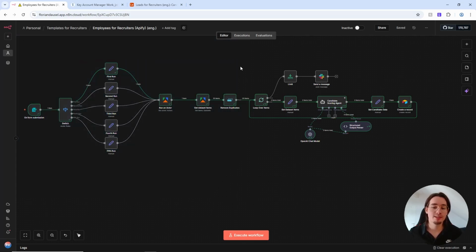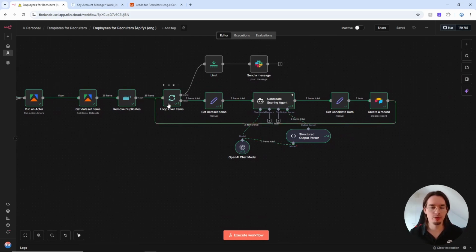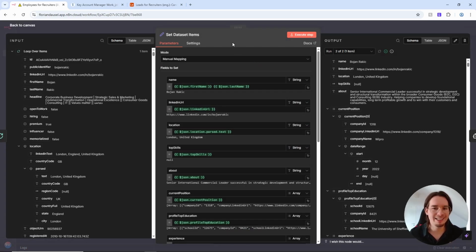So now let's talk about the second part of the workflow, which is about scoring the candidates. So we have this loop node, which is looping all those candidates we have collected one by one. This loop node connects to this set dataset items node, which is just a set node in n8n. The reason I use the set node is to just have a more clear workflow, to just clarify things. What I do in the set node is set all the data I want to send into the